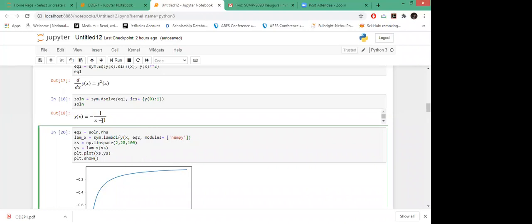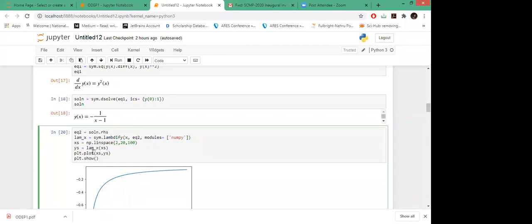Then I'm using these values for my purpose of plotting, because I cannot directly plot that particular equation. To use the matplotlib library, I need this 1 minus 1 by x minus 1 in NumPy format.